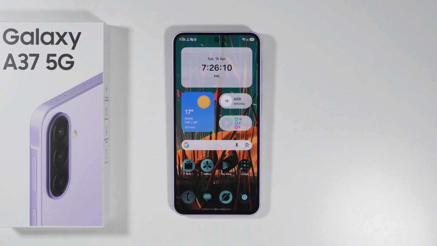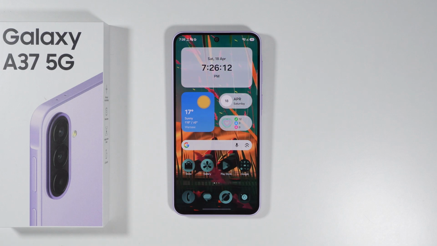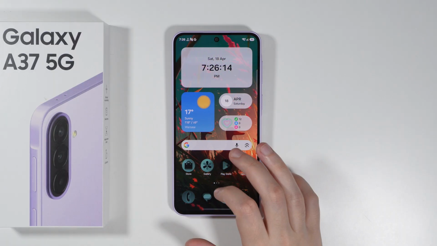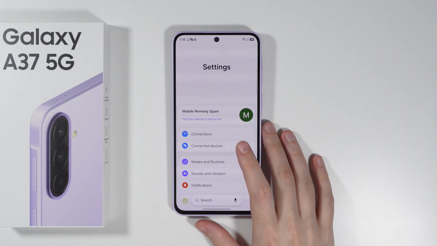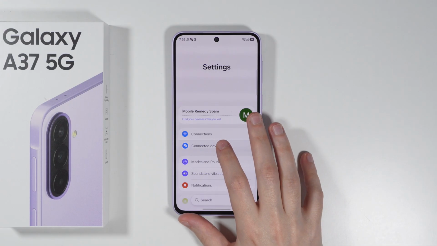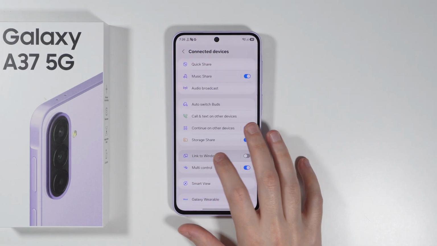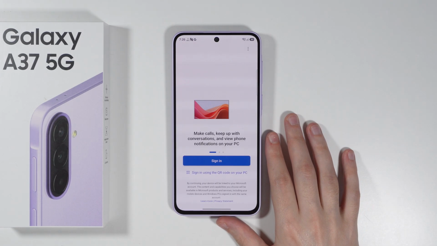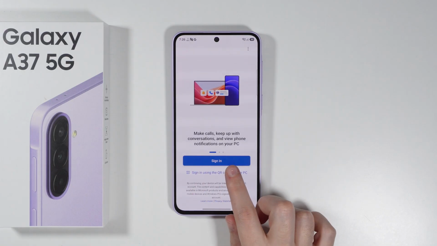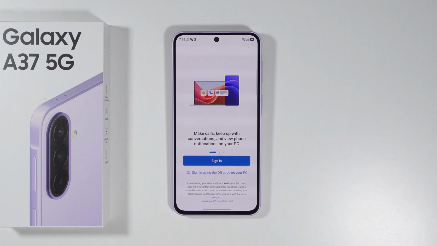If you want to use Link to Windows on Samsung Galaxy A37, first of all, we need to go to settings. Over here in settings, we're gonna proceed to connected devices. Then in here, we should be able to find Link to Windows. So we want to go over here, and then you have the option to sign into your Microsoft account, or